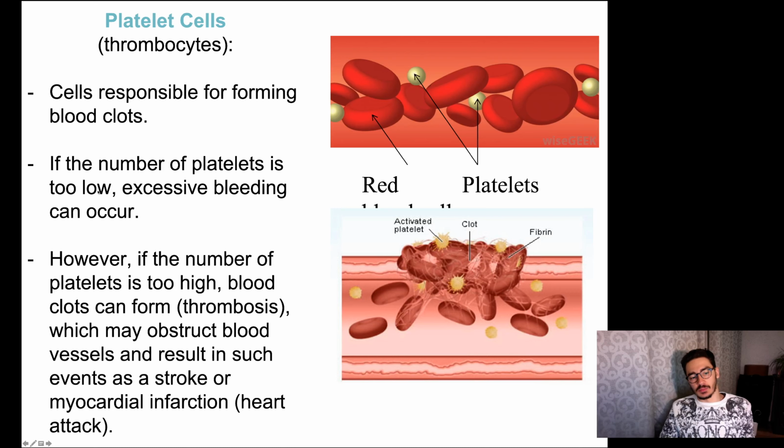If the number of platelets is too low, for example, some people have a genetic disease where they have defective thrombocytes, and if those people have a cut, they might even bleed to death. Or if you have too many thrombocytes, they may form thrombosis, which is going to make your blood too viscous, and those clots might